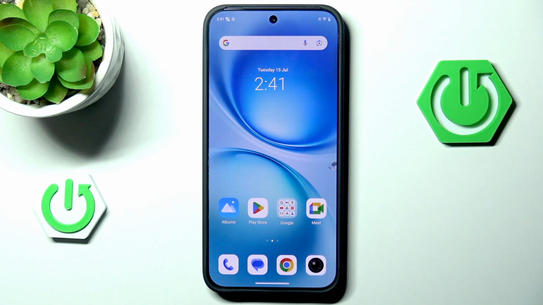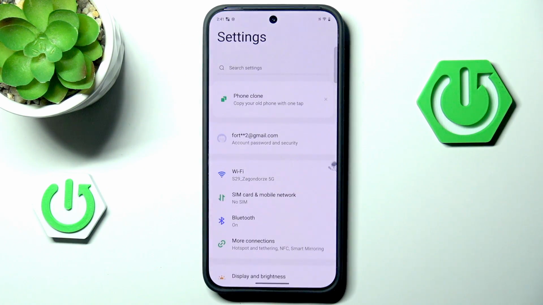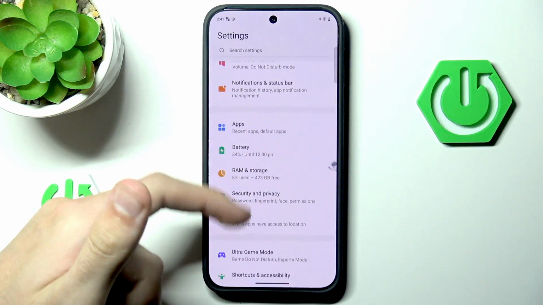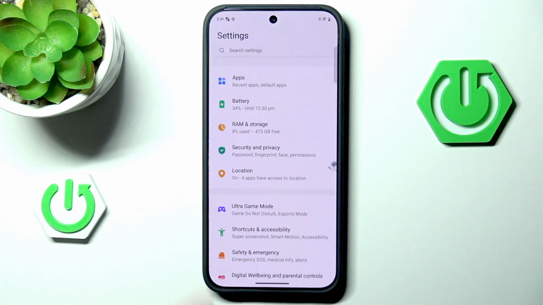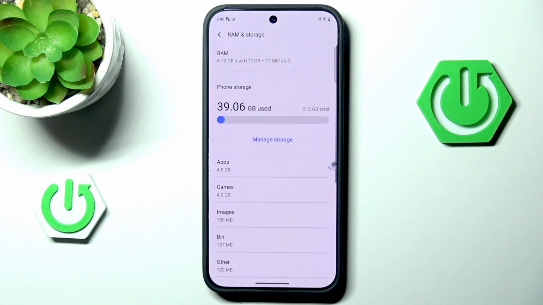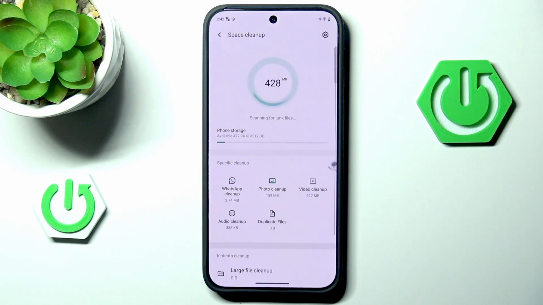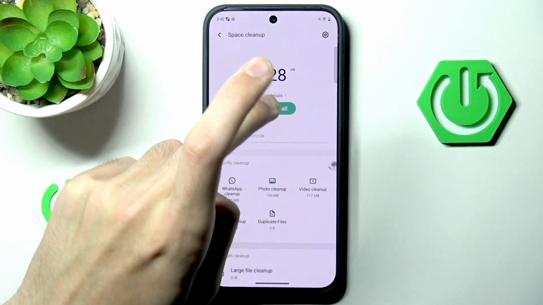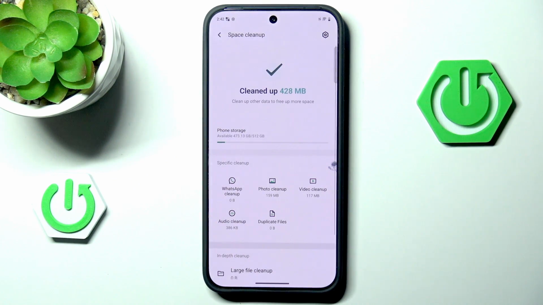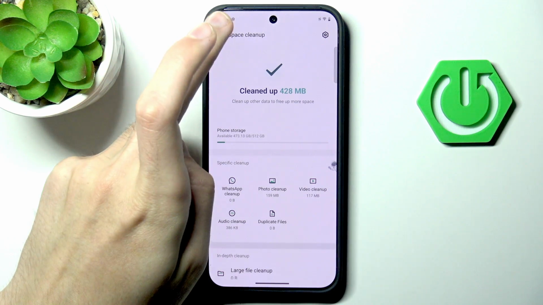First, we can clear our data. We can easily do that by heading into settings, scrolling down a little until we'll see RAM and storage. Now we want to go into manage storage and we want to simply hit that beautiful clean up all button, as it will automatically clear garbage data that is doing nothing, only taking space. Then you want to go back once,